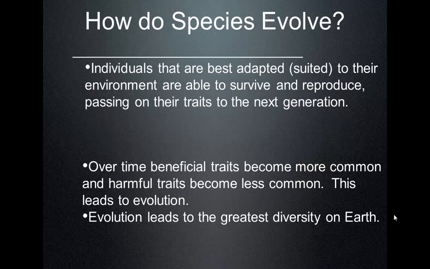So let's review a little bit about what we talked about yesterday. We said we know, because of fossil evidence and DNA evidence and comparing species in various areas, that species have changed over time. They're not fixed in one specific form; over long periods of time, they can change. The Earth is billions of years old, and that's a long time for species to change.